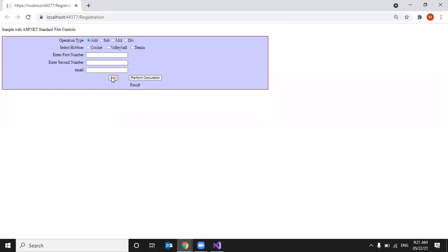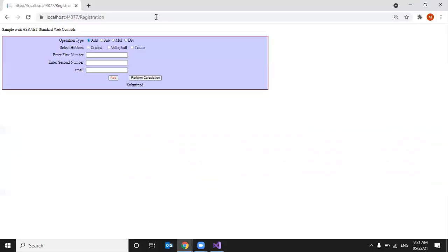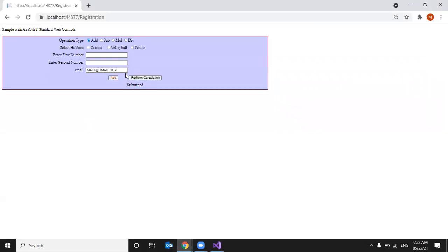Now what I am doing is clicking on the add button. See here, it is submitting. It is saying submitted, but I did not enter any value. How come it returned true? It is expecting data to be in the format of an email, right? But without even entering the data, it is allowing the page to submit. So now it is valid data, it is submitted. This scenario is okay, but even without entering data, it is submitting the request. Why?